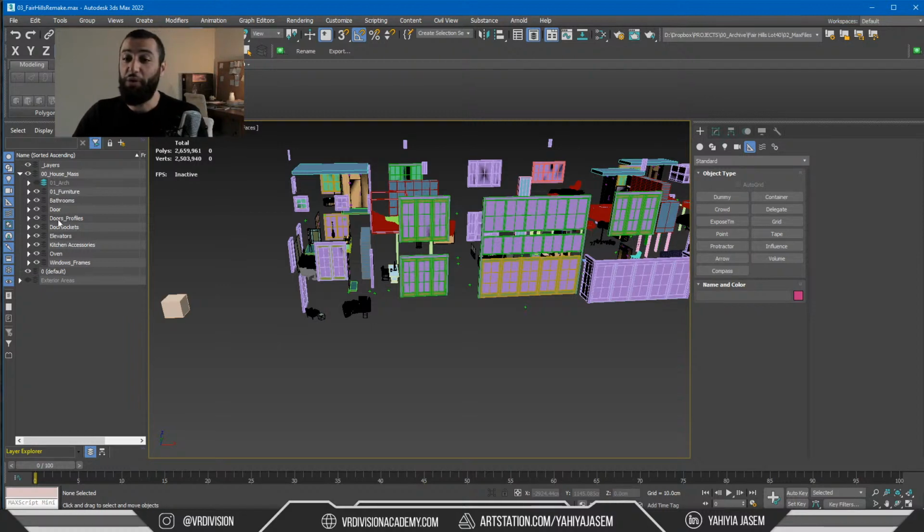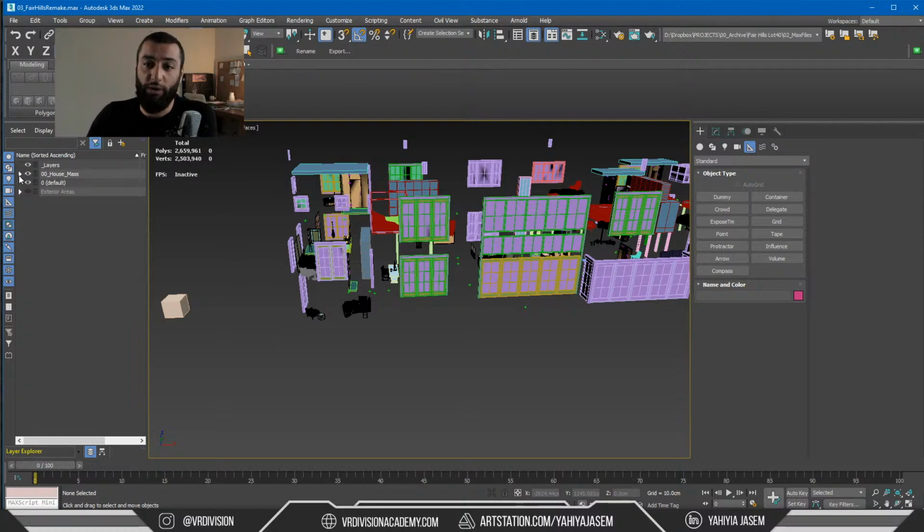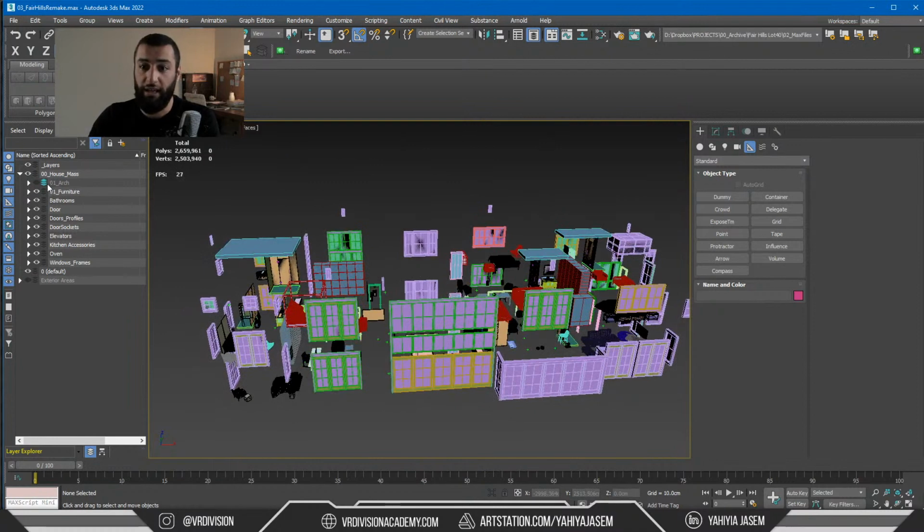Yeah. So make it easier for you to navigate in your files. That's my number one advice, because if you organize your project in a way that is easy to export and easy to isolate meshes, it would be so much easier when the customer, let's say, has a specific feedback on something in the project, to isolate that part of the problem or the feedback,